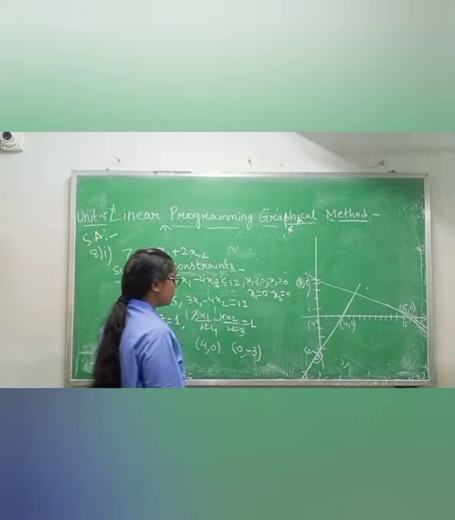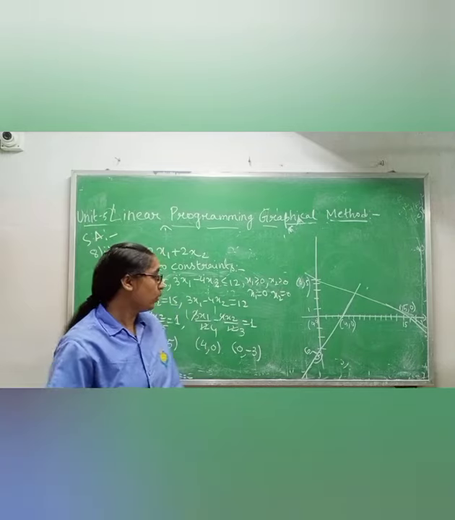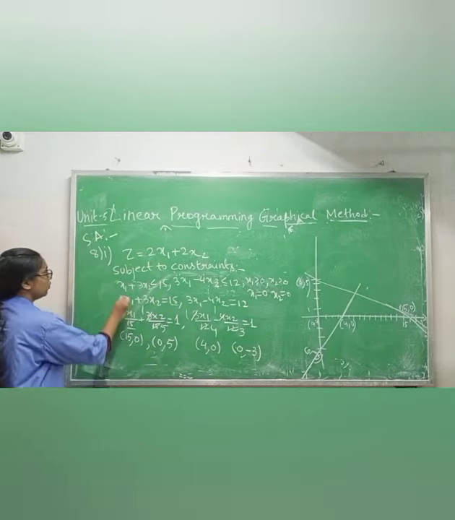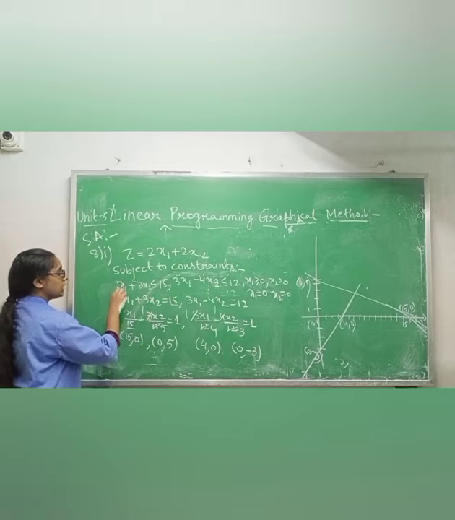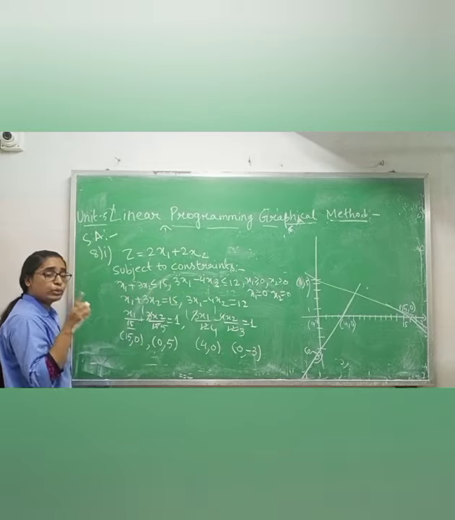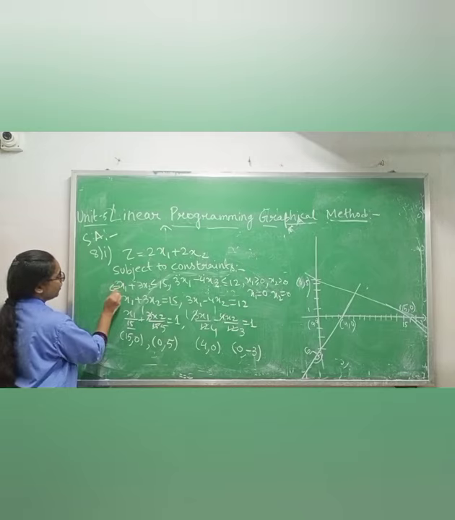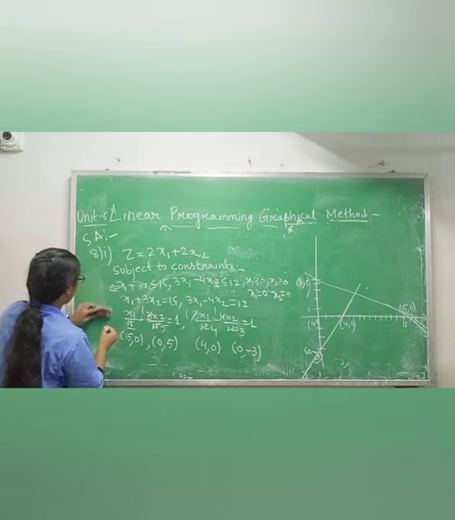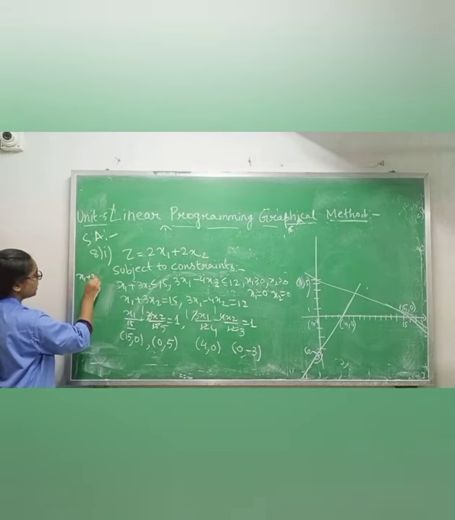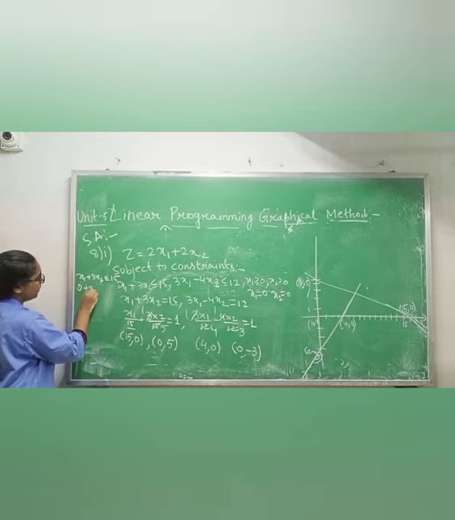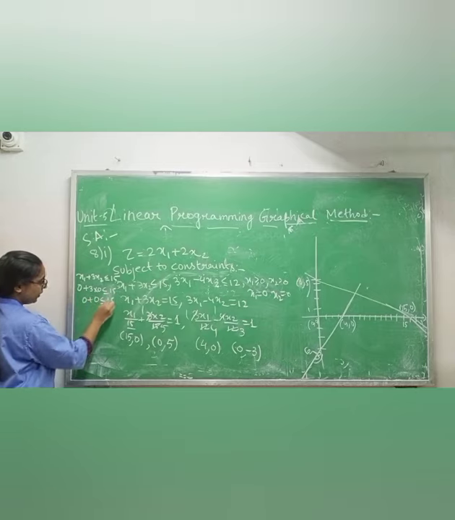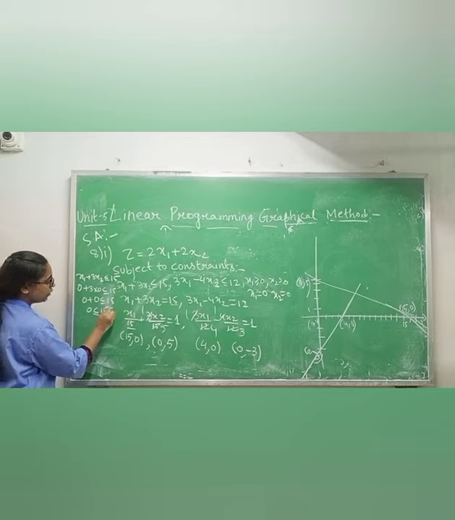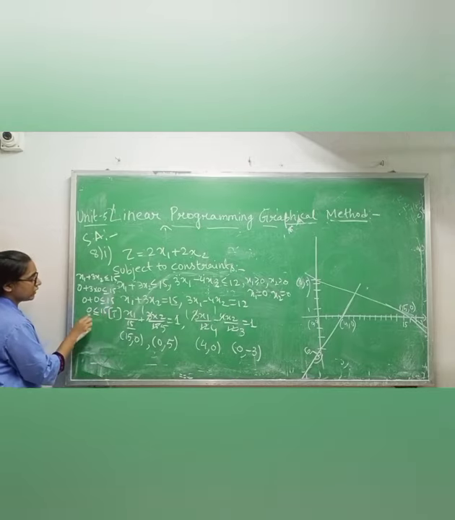Okay. Now after this you have to find the feasible region. How will you find the feasible region? Whatever question is given to you, in place of x1 as well as in place of x2, you will put 0. If you put it here, how much will you get? 0 plus 3 into 0. The question is x1 plus 3x2 less than or equal to 15. Now put 0 in place of x1 and 0 in place of x2. How much do you get? 0 plus 0. So it is true, because of course 15 is greater than 0.